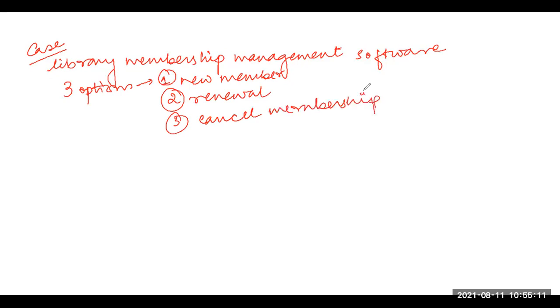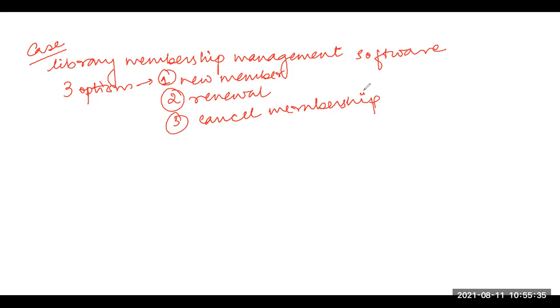Okay. So when the new member option is selected, generally the software should ask the member's name, address, phone number, and if proper information is entered, the software will create a membership record for the new member, and it will print a bill for the annual membership charge, and the security deposit will be payable.